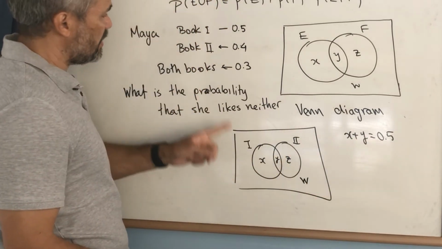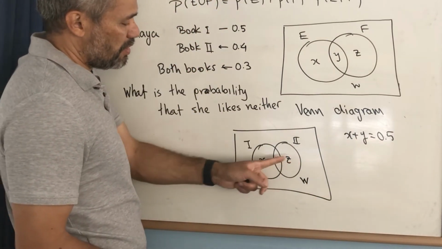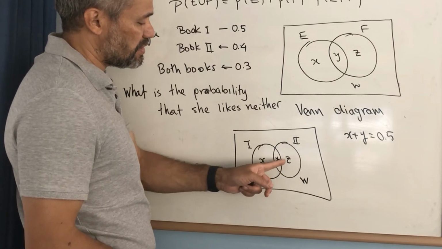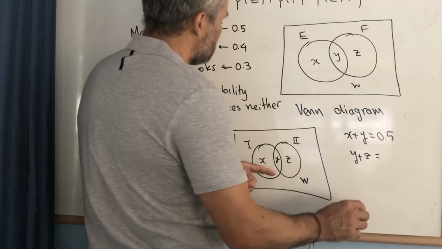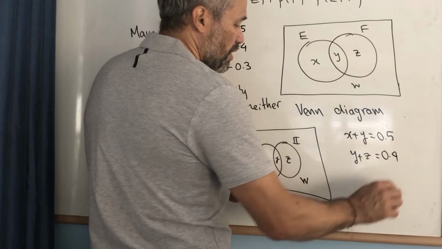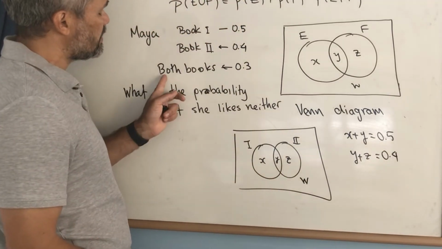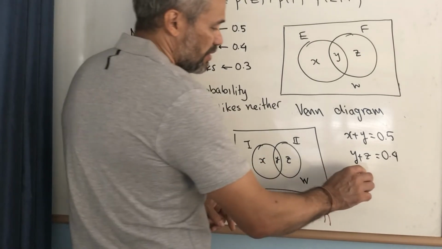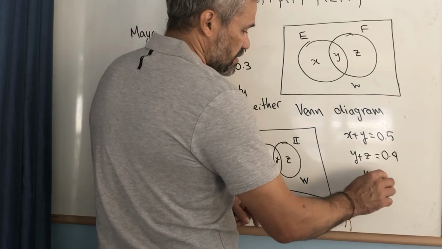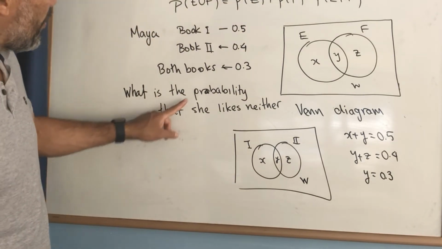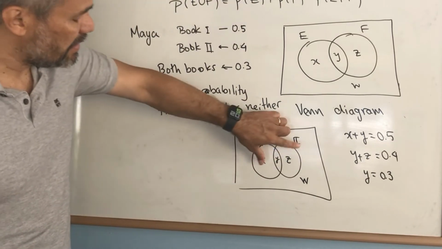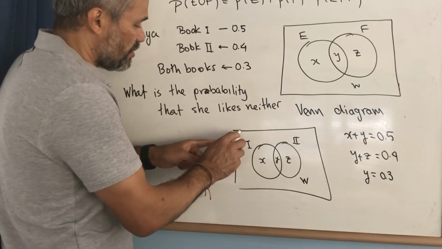The probability that she likes book 2 is Y plus C, and this is equal to 0.4. And the probability that she likes both, that means that Y is 0.3. And then the question is, what is the probability that she likes neither? She likes neither, that means this region